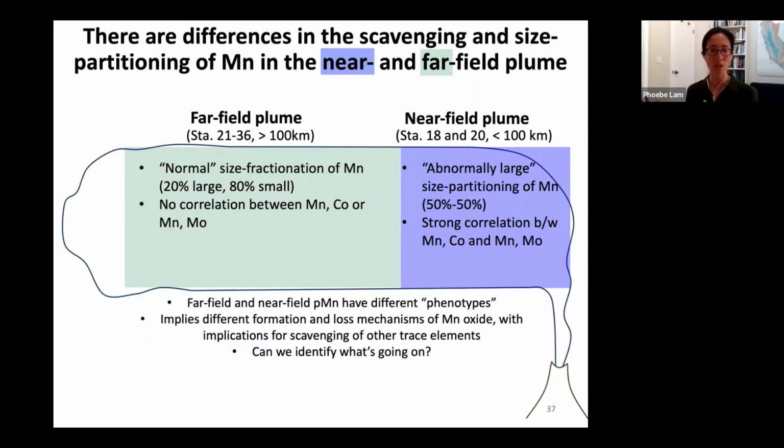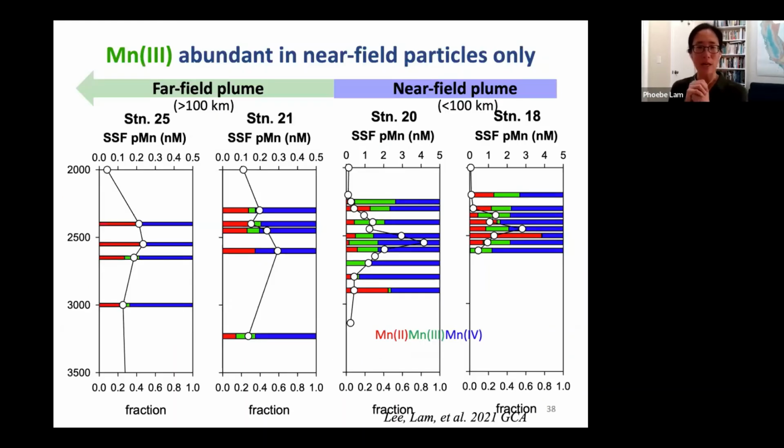So we clearly have these different phenotypes. We wanted to understand whether looking at the mineralogy could help us understand whether there was something different about the manganese oxide, and whether we can understand on a process level what was going on to make these two different parts of the hydrothermal plume different. So here, I think we were using bulk XAS at SSRL in order to look at the basic